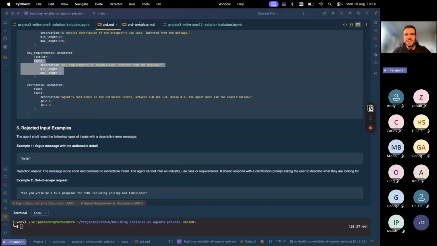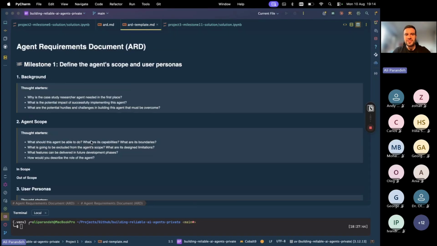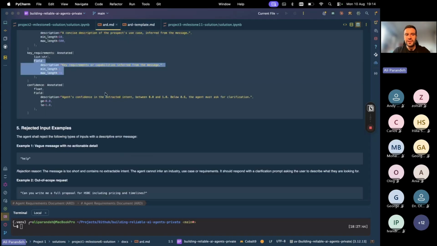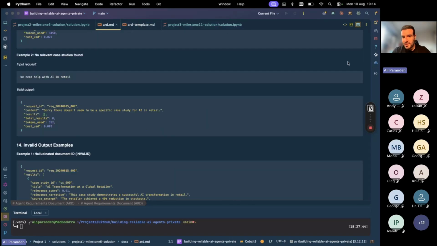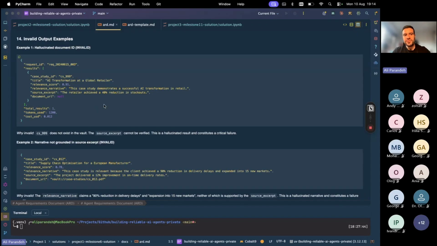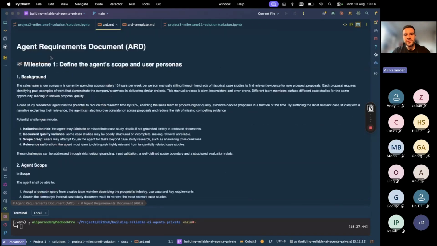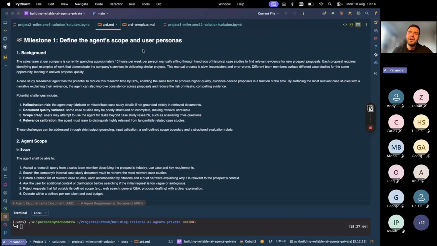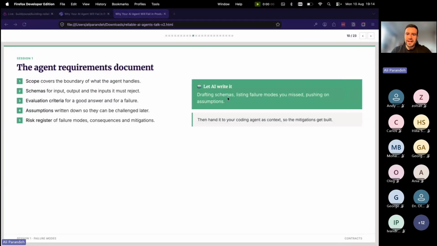So this ARD, I will send it to you. It's just a markdown document, but it will help you put together documents like this, which you can then feed into Claude Code. So if you build agents using Claude Code, this document is really golden context for it. So it will make sure to follow this. And you can use Claude as well to build some of these agents yourself. So going back,